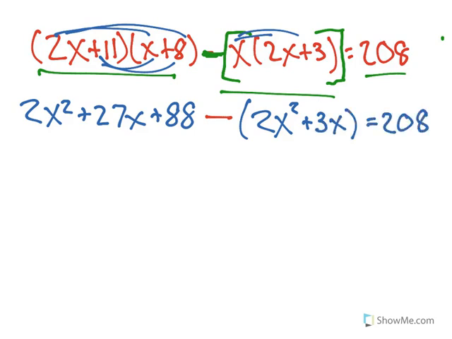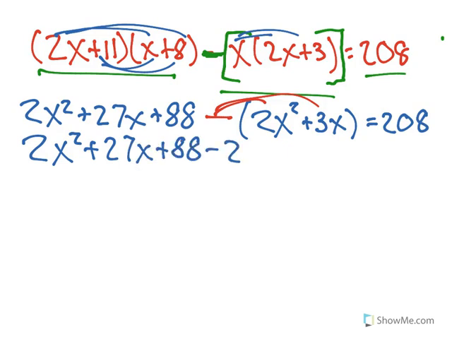And again, this is probably the most important part here. You could do everything right. We've done all the hard stuff right. And if you don't distribute the negative correctly, it's not going to work. So I've got 2x squared plus 27x plus 88 minus 2x squared minus 3x